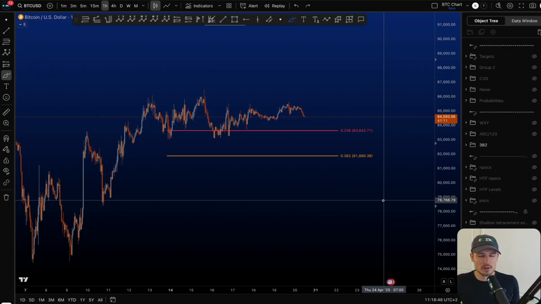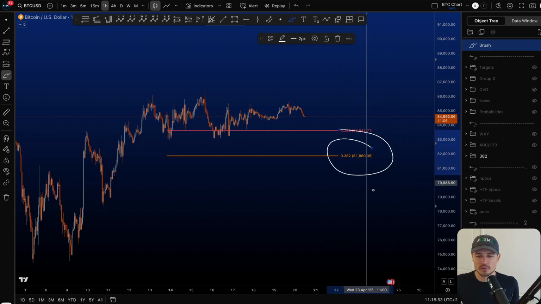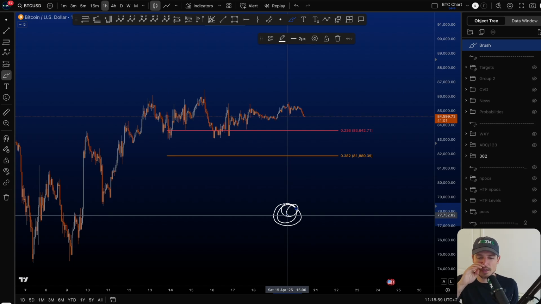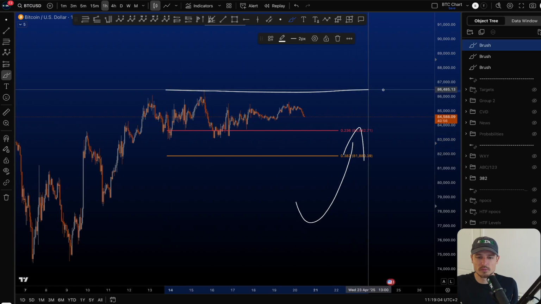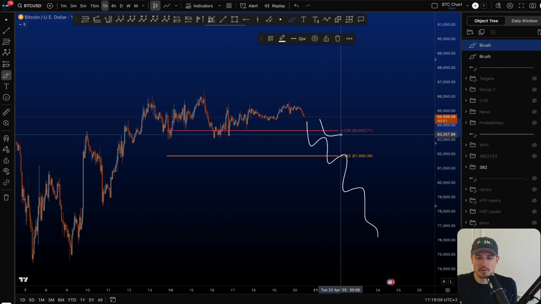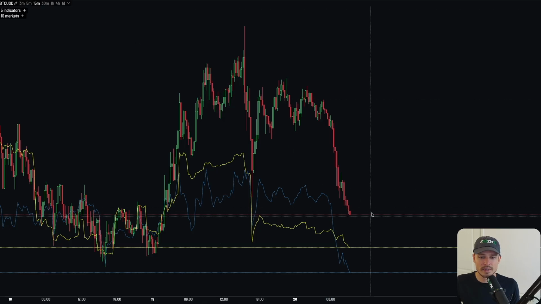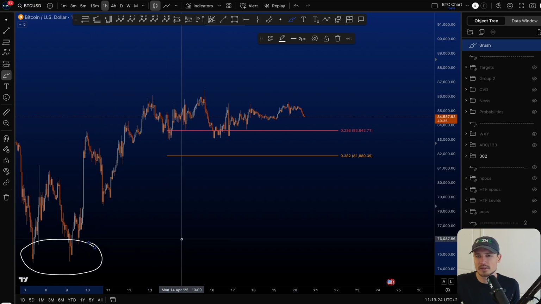on Thursday. So if we then look at the probabilities, then in both cases, a diagonal or WXY, you preferably see a retracement to at least the 0.382 or deeper, 77, 78K, some nice areas of support. Observe the reaction, look for signs of strength in order for price to move to the upside and take the high. If price would move to the downside with consistent bearish CVD divergences, which basically means that market longs are being absorbed by limit short options, which you can see with this indicator over here. More about that in the description and pinned comment. Those are clear signs of weakness, and you got to be aware of potentially price taking out the lows in